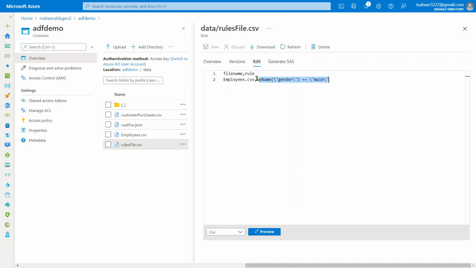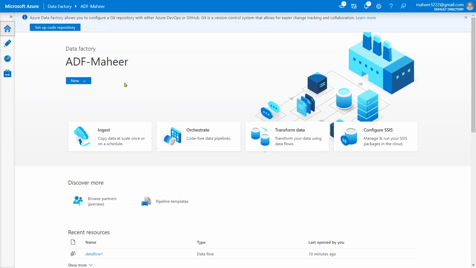So this expression I want to load dynamically into the data flow. Of course, to escape the single quotes, I used a forward slash in the file, because this helps you escape the single quote characters from the string. Let me explain this requirement in a little more detail first.